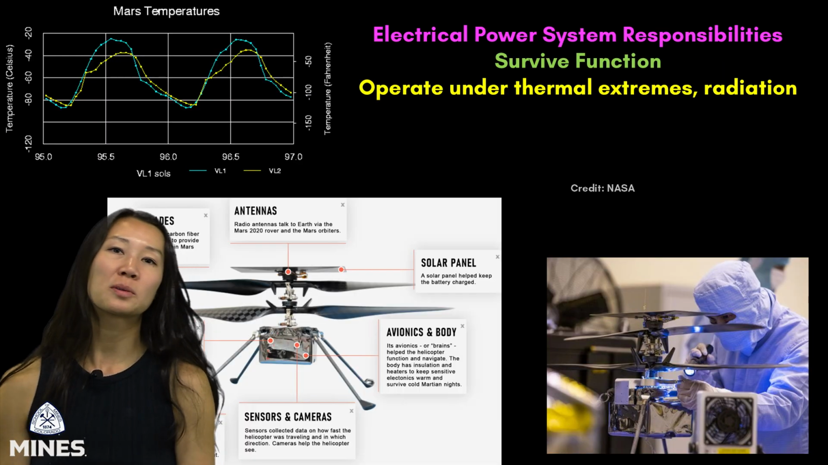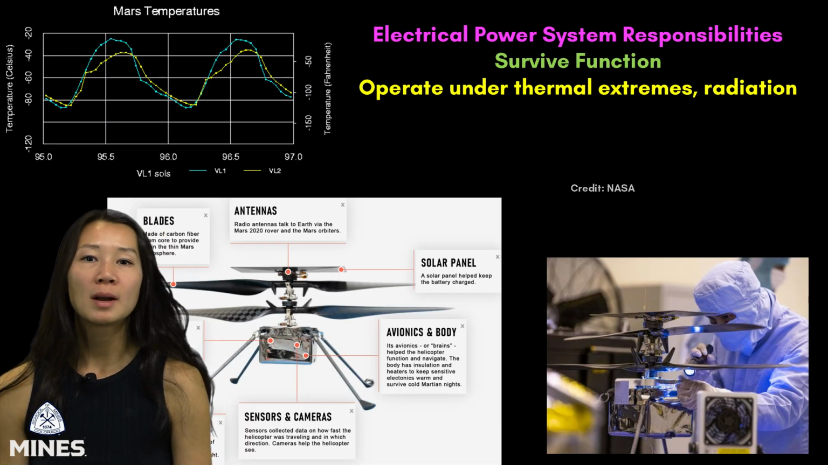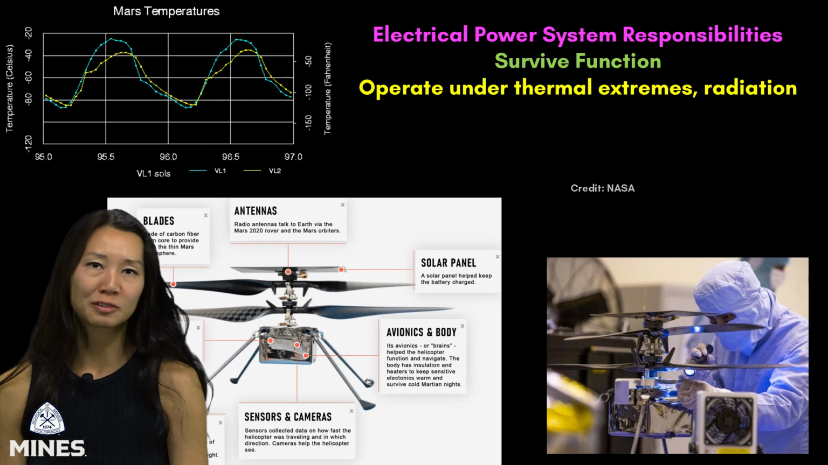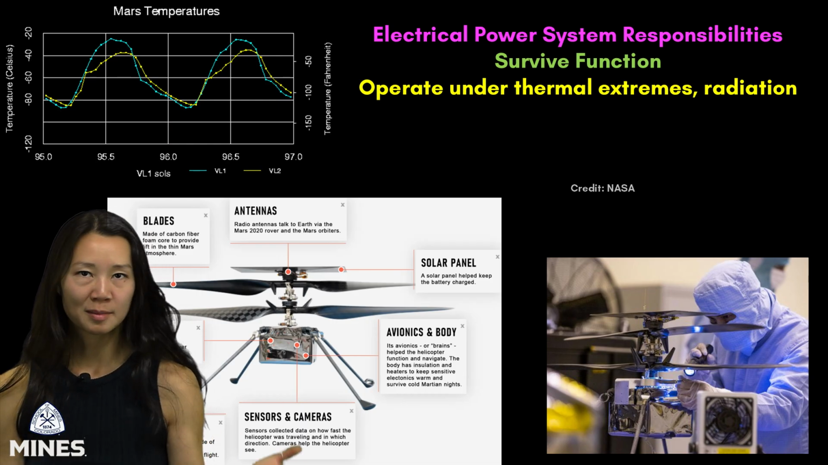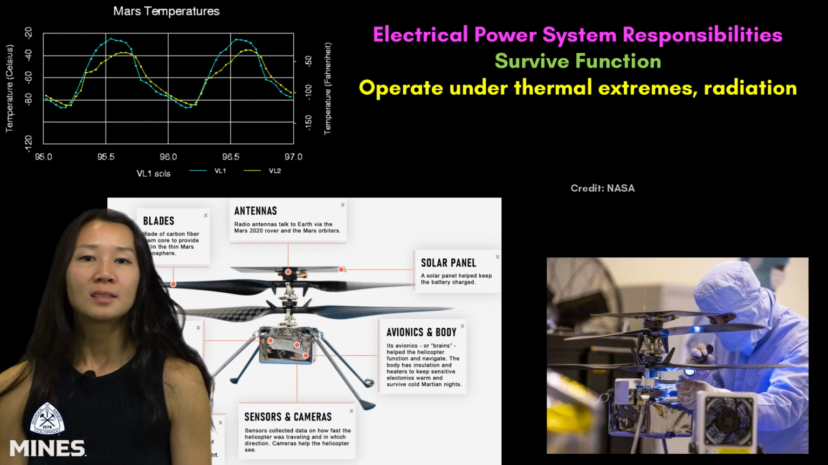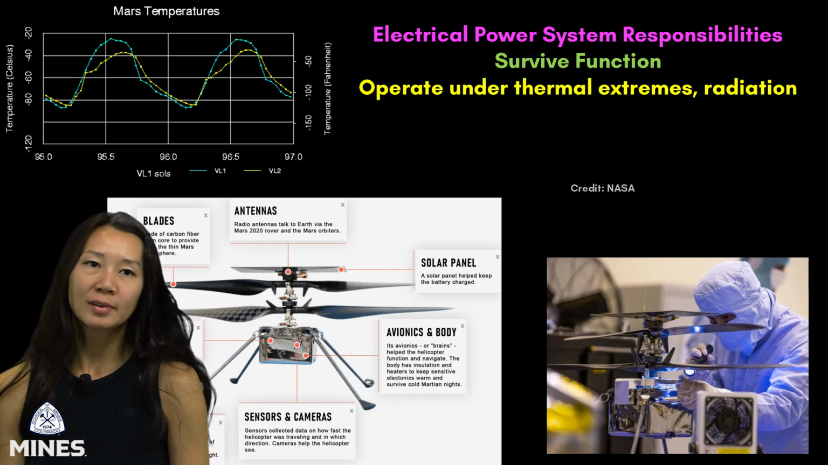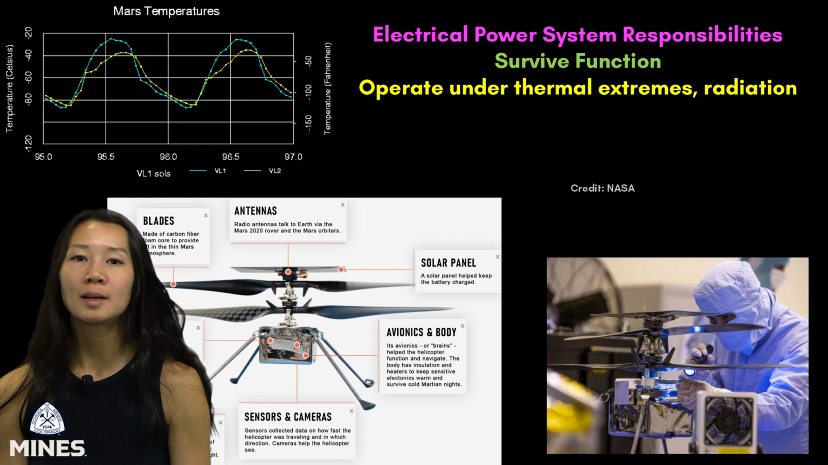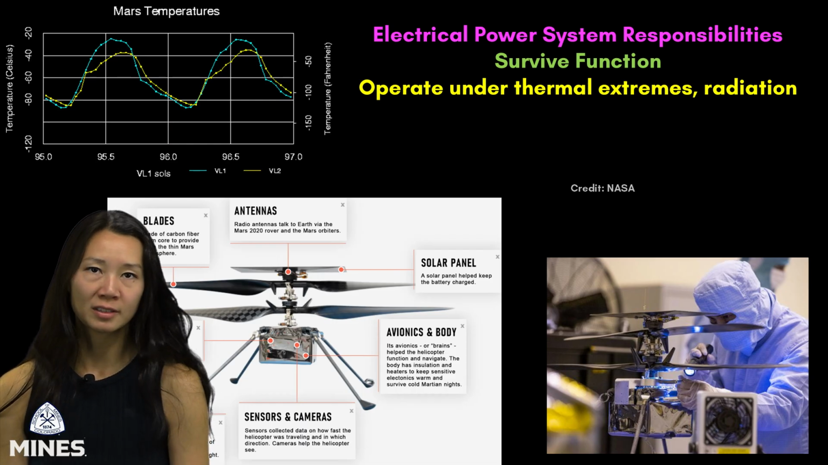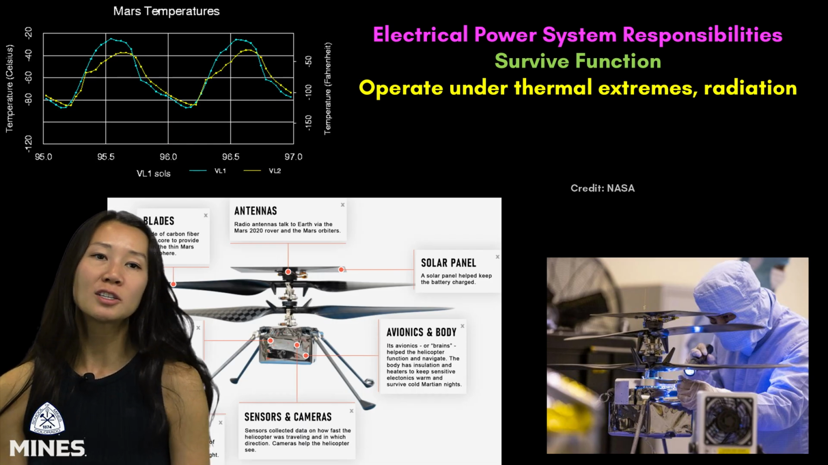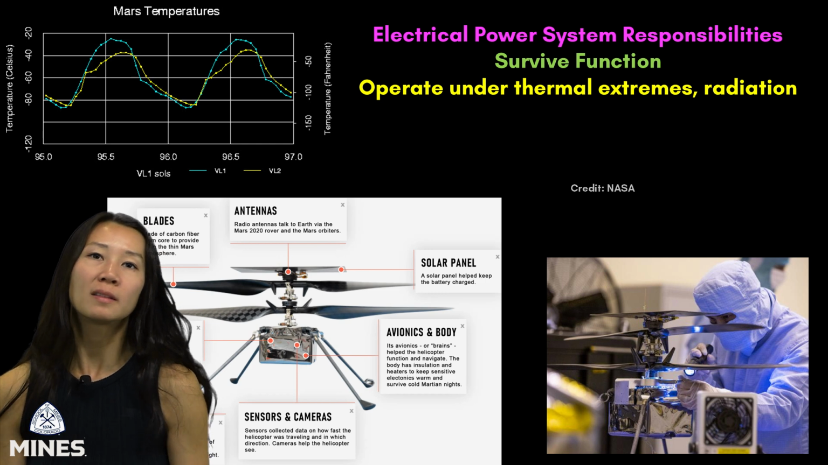Beyond generating and storing power, the electrical power system must also survive the harsh environmental conditions of planetary surfaces, just like any other subsystem that we're going to talk about. Take Ingenuity, NASA's Mars helicopter, as an example. It operates in an environment where temperatures can plummet to -107 degrees Celsius at night. Ingenuity's power system relies on these Sony